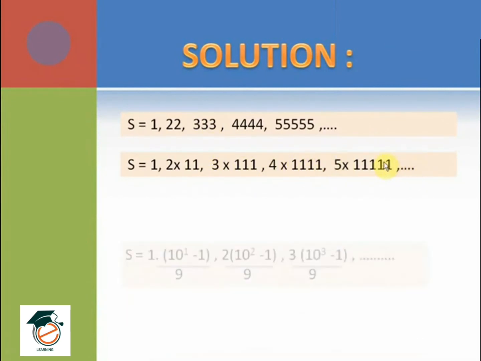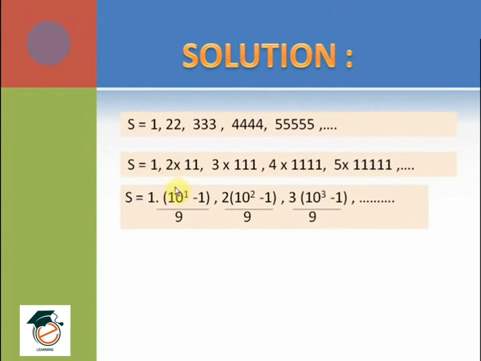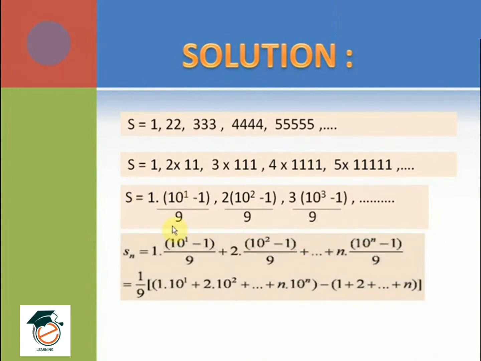and so on. Further, now we can write all these terms as, the first term could be written as 1 into 10 to the power of 1 minus 1 divided by 9. This term could be written as 2 into 10 square minus 1 divided by 9. This term could be written as 3 into 10 cube minus 1 divided by 9 and so on. Further, if we add all these terms, then Sn would be equal to 1 into 10 to the power of 1 minus 1 whole divided by 9 plus 2 into 10 square minus 1 divided by 9